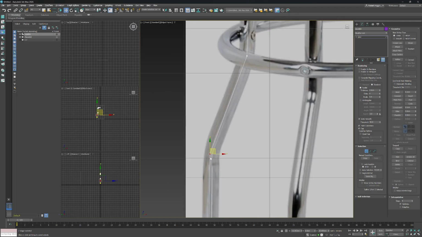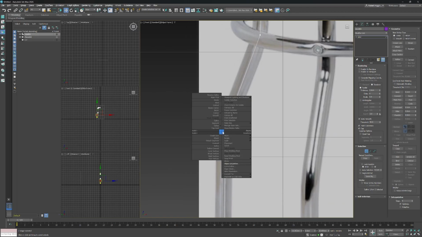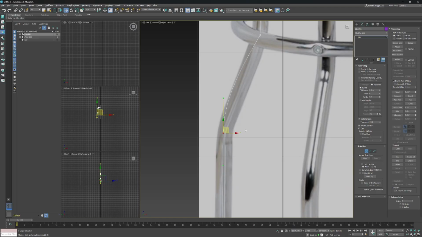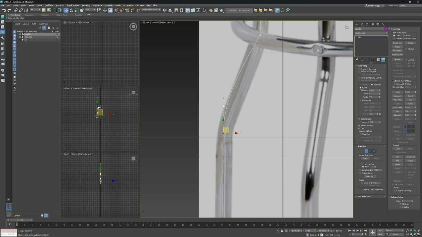And we're going to work through each one. We're going to right click it, and we're going to switch this from corner to Bezier. And Bezier gives us this nice curve. If I enable this in viewport again, you can see the extra topology that's given us. So I'm just going to untick that, and we're going to use that just to smooth out the curve